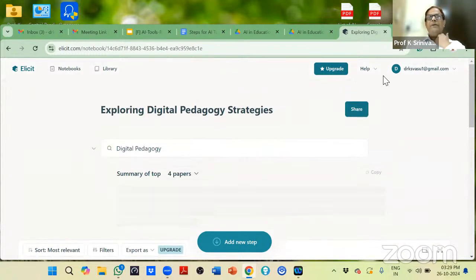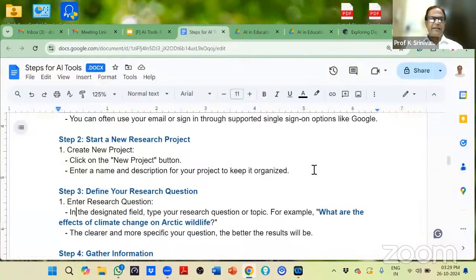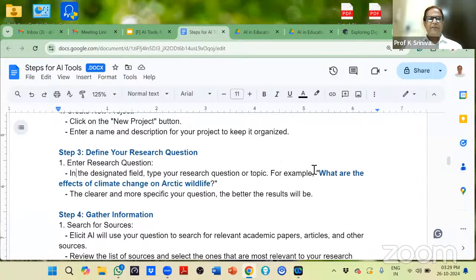ओके, सो क्या किया आफ्टर लॉगिंग इनटू द सिस्टम, एक बार जरा देख लीजिएगा, और डिफाइन योर रिसर्च क्वेश्चन। इस रिसर्च क्वेश्चन में हमने इसी पिछले वर्कशॉप में व्हाट आर दी इफेक्ट्स ऑफ क्लाइमेट चेंज एंड आर्कटिक वाइल्ड लाइफ के बारे में पूछा था, बट यहाँ मैंने डिजिटल पेडागोजी के बारे में पूछा था।